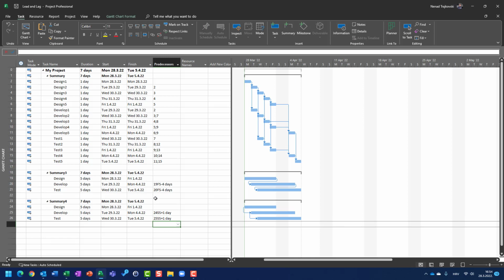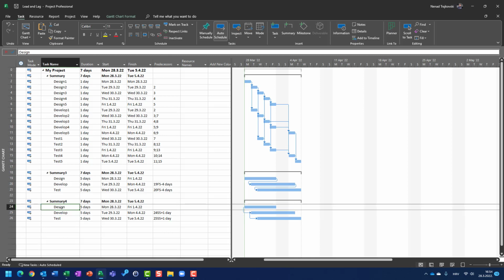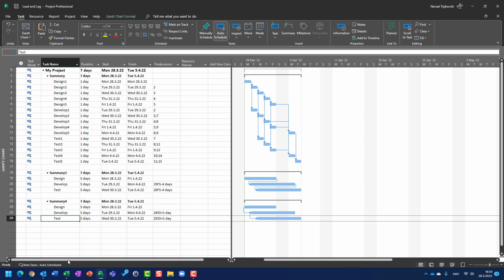So either I can choose lead time, which will be -4 days, and I will say develop will start 4 days before design is finished, or, which makes much more sense, I will start develop 1 day after design has been started and test 1 day after develop has been started. So you can see, instead of having a very complicated schedule, I can have a very simple schedule using lead or lag time. So I hope this helps, and I use it